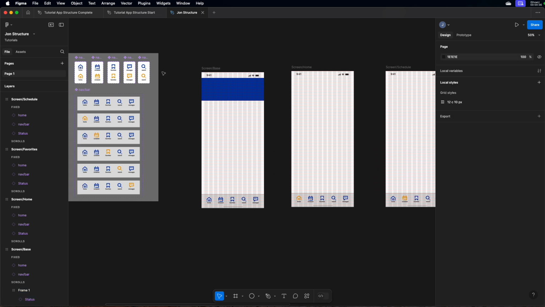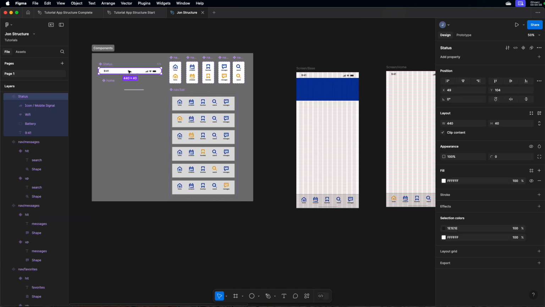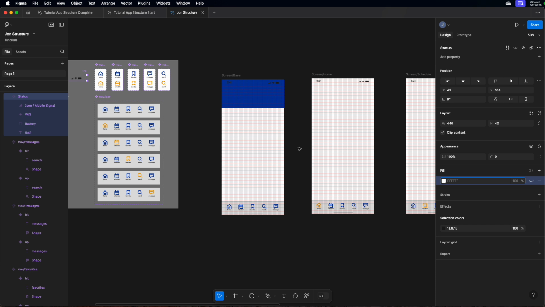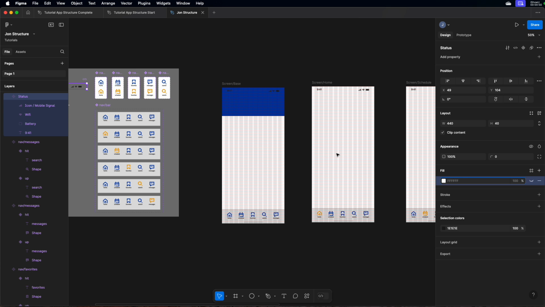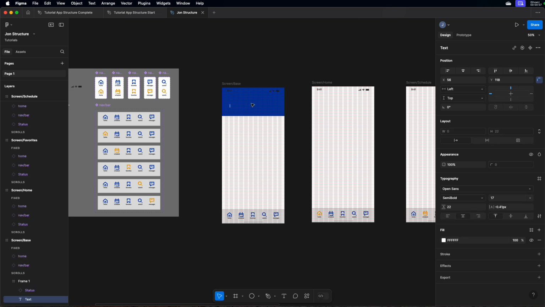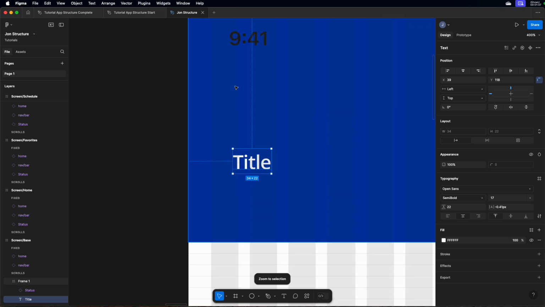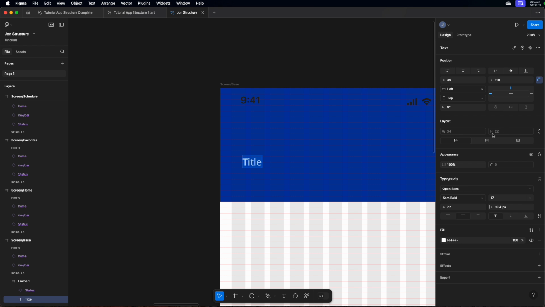Okay. You're going to notice my top bar is filling in because this white's still on. So turn that off at the component level. All right, so now we're going to add a little text. Title. We'll make this 40